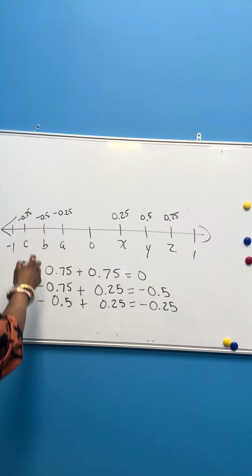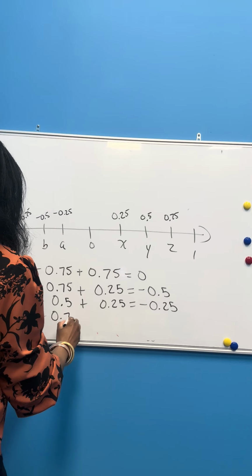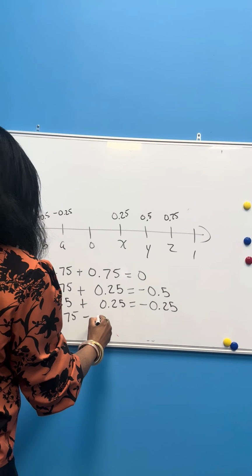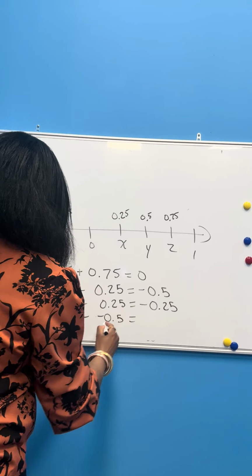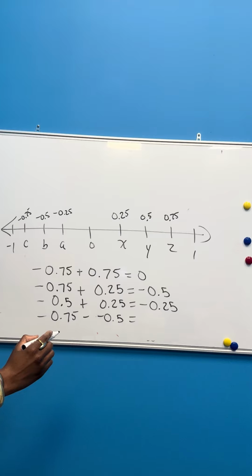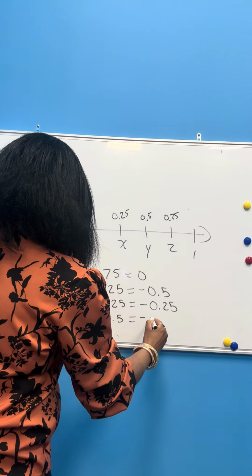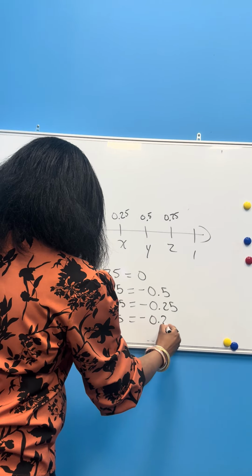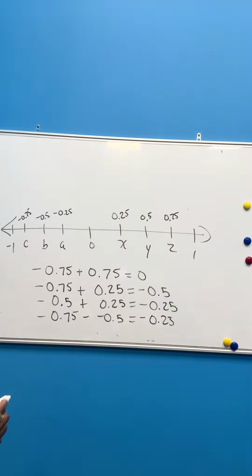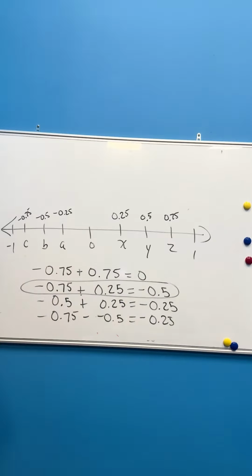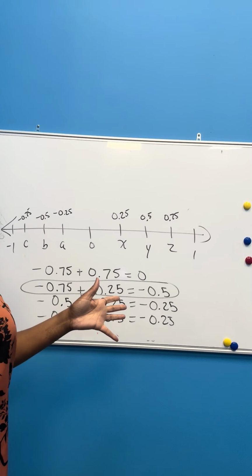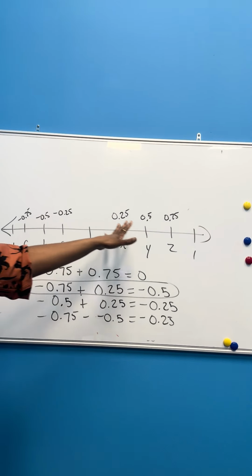we're subtracting these two. -0.75 minus -0.5. Two negatives make a positive, so we're going to subtract, and we have -0.25. So the one with the lowest number is this, -0.75 plus 0.25. So again, this is a problem that you would have been given without the values, but you can plug in,